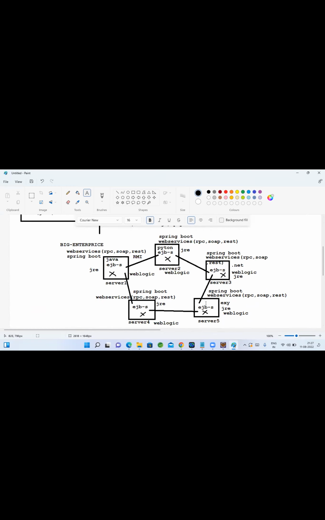Why do we need to deploy a service into multiple servers? Can't we deploy it on a single machine? For load balancing and availability, correct. If you consider your Flipkart or Amazon application, it gets many requests every day, every minute: many purchase requests, many products being added, many things happen in that application.